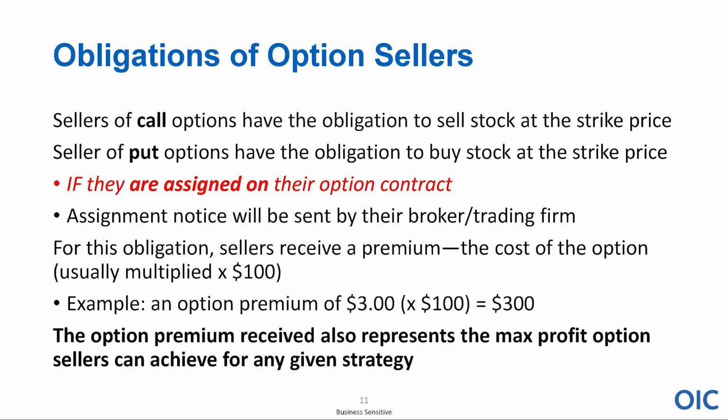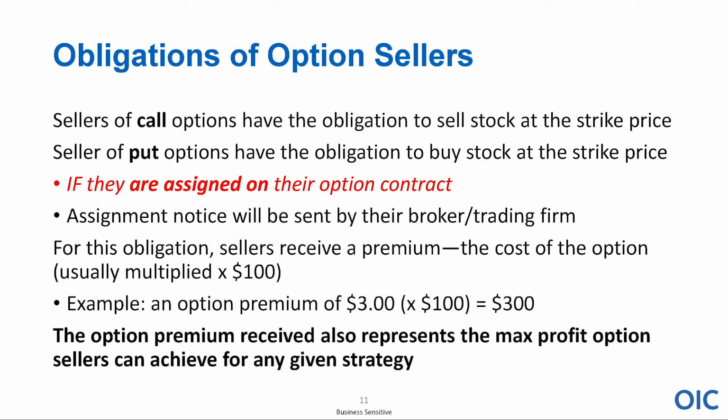Let's talk about someone that sells an option. Well, that's pretty simple. Someone who sells an option collects money, don't they? If I sell a call option, I collect money, and I have an obligation to deliver the stock anytime between now and expiration Friday at whatever the strike price is. If I sell a put option, I have an obligation to buy the underlying stock. Someone can put the stock to me, and I must pay whatever the strike price is that I sold the option on. Now, in both cases, I collected money.